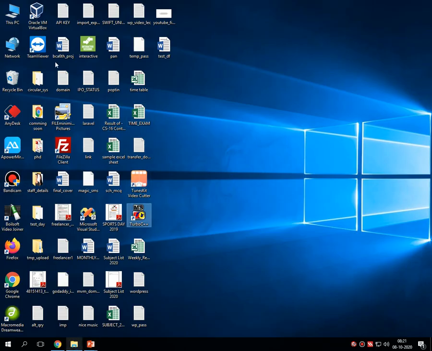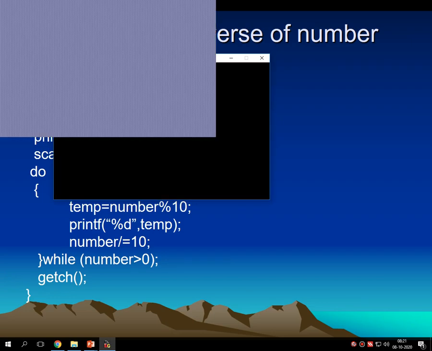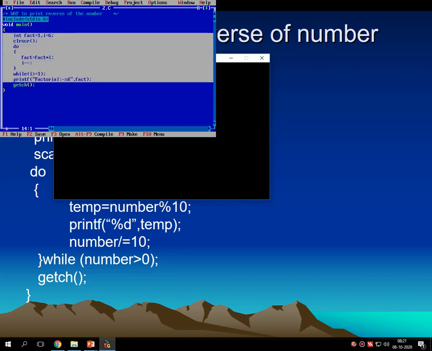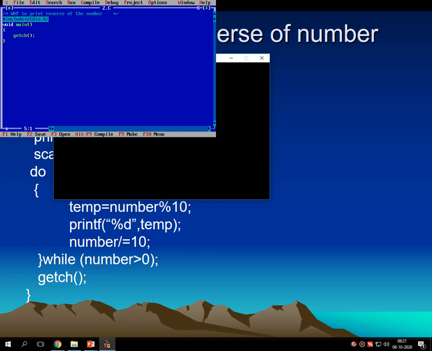For that, we go inside the C compiler. Here I am writing the definition of the program: write a program to print the reverse of the number. Then, inside the structure of C, I start writing the code.